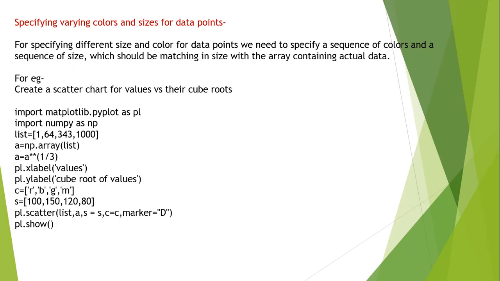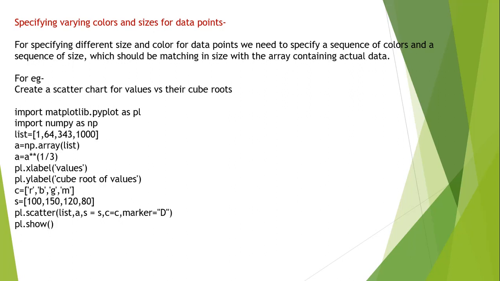Now suppose we want to create an array from this list. How can we create it? a is equal to np.array of list. In the numpy video tutorials, you must have studied this also. I have already taught you how you can create an array with the help of a list. So here we are creating an array from this list, passing the list inside np.array. Now all these values will be converted into an array and stored in a.